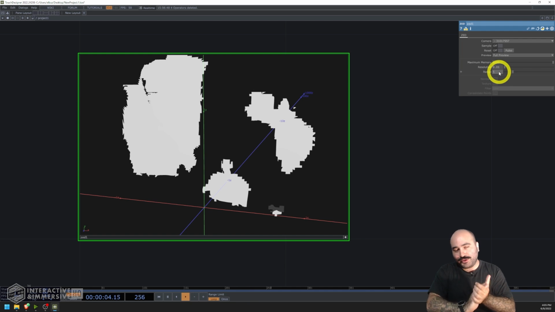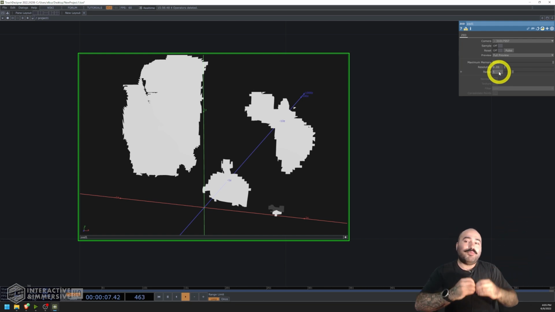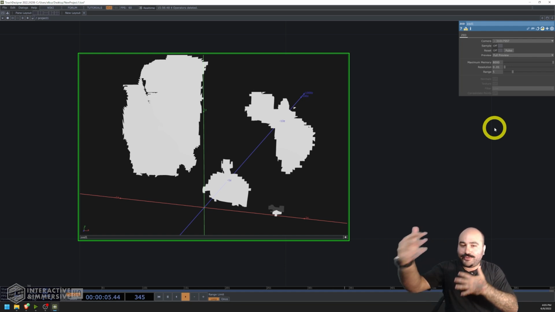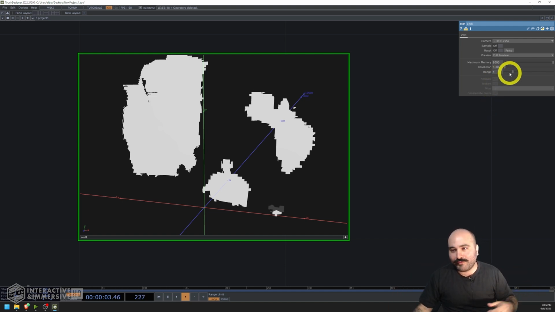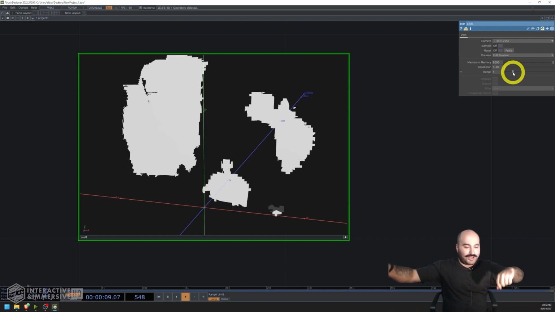We'll probably see next week in our next video, as I go outside and scan some trees and shrubs and things like that, that the range of the scan really does go up to that advertised figure of around 20 meters. So you can actually scan for a long distance. But when we're doing these spatial mappings, we actually want to tell the ZSDK, it's almost like a focal length: the object that I really want the best scanning results for from the spatial mapping is around this number of meters. In this case, because I'm pretty close to my Z camera here, and when I stand up and scan my desk, I'm also going to be pretty close to it,